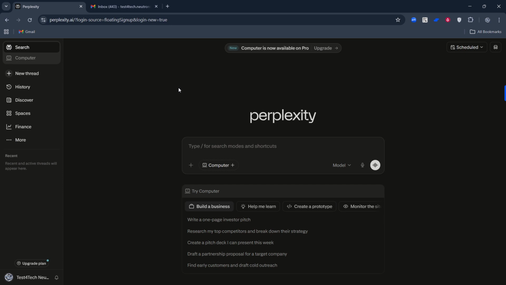You'll know you're in when you see your account options and can start using the platform without any prompts to sign in. That's all there is to it. Open the website, click Sign In, choose your preferred method, verify through your chosen provider or email, and you're in. Keep your browser updated and make sure pop-ups are allowed for trusted sign-in windows to prevent interruptions.